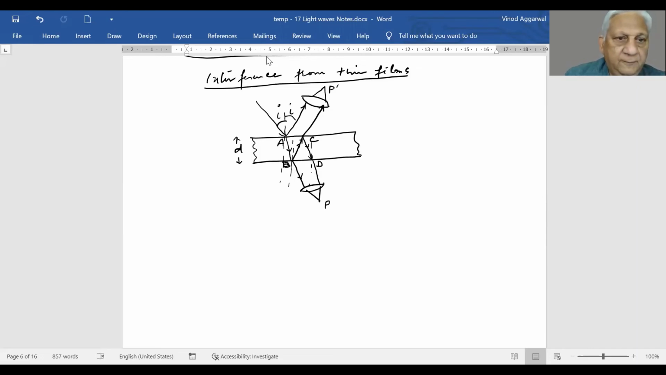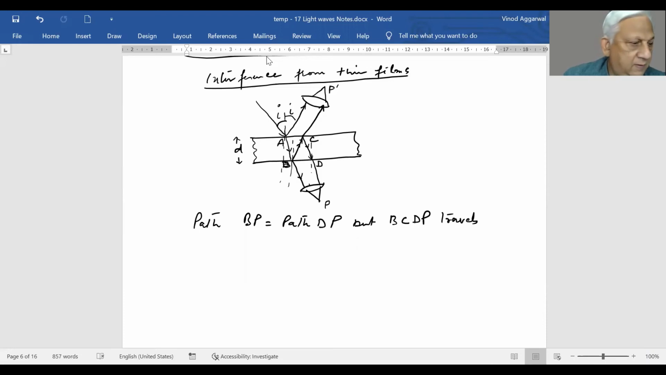Then what we see is path BP is same as path DP, but BCDP travels an extra distance of